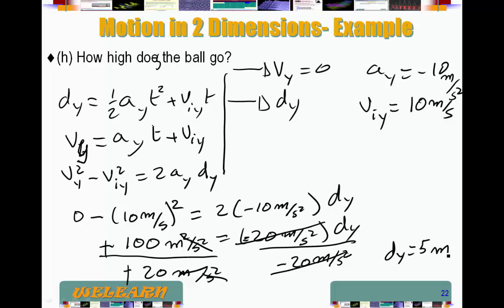One question I could have asked: how long will it take to go to the topmost position? If I asked you that question, then you would use this equation. We know Vy final, that's 0. We know Vyi, that's given here. We know a sub y, we just solve for